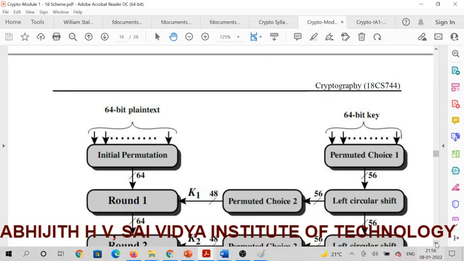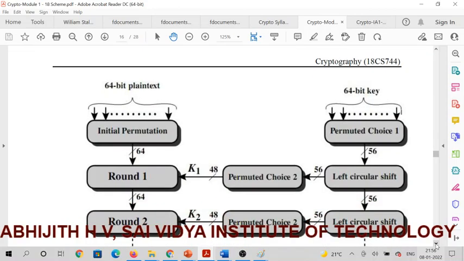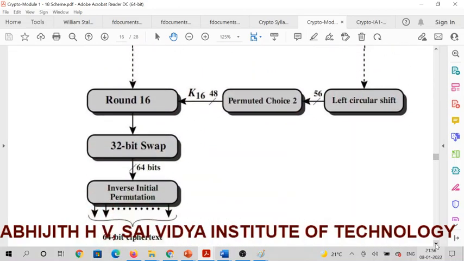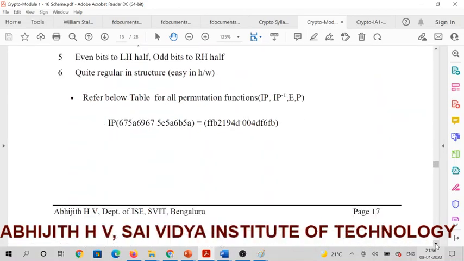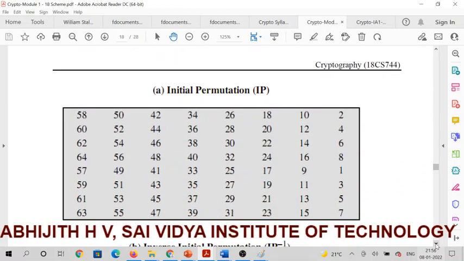DES considers 64-bit plain text at a time, and the key size will also be 64-bit. So the 64-bit plain text will be sent for the initial permutation. The initial permutation will be performed using a structure like this.